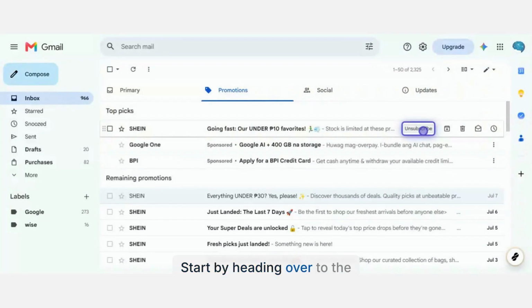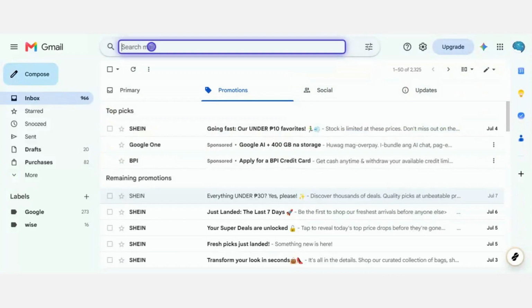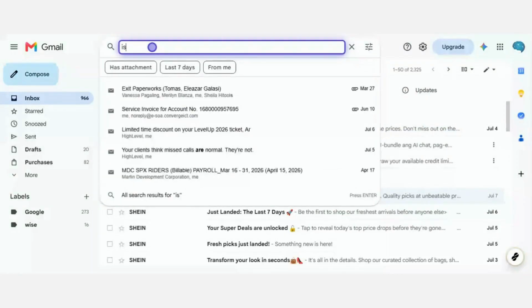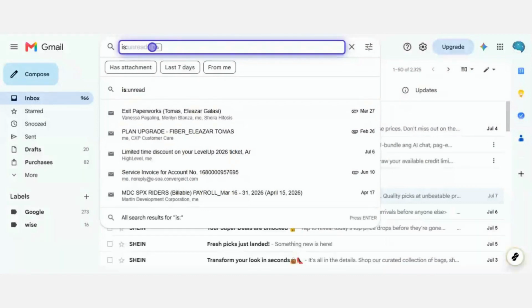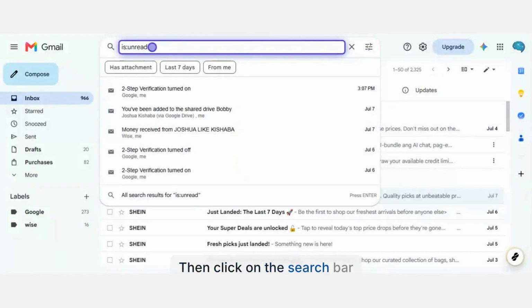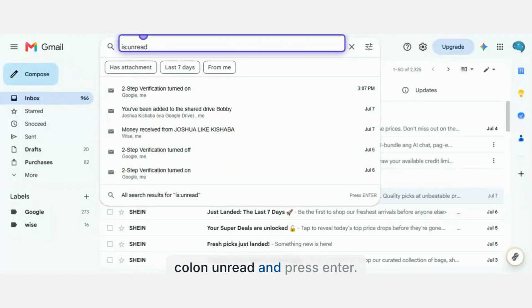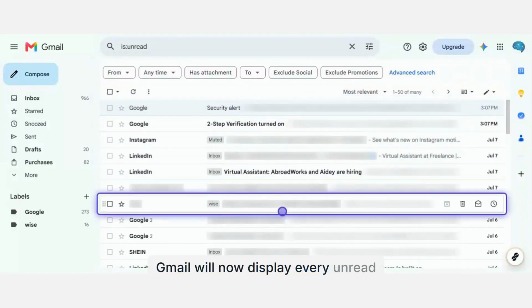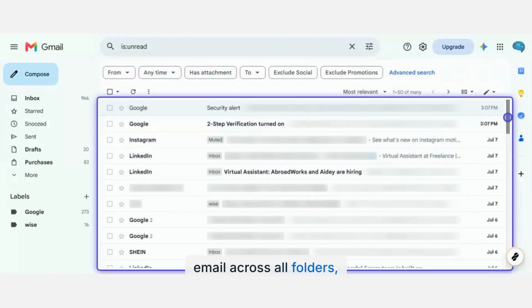Start by heading over to the Gmail homepage. Then, click on the search bar at the top and type is:"unread" and press enter. Gmail will now display every unread email across all folders, including your inbox, unless you add